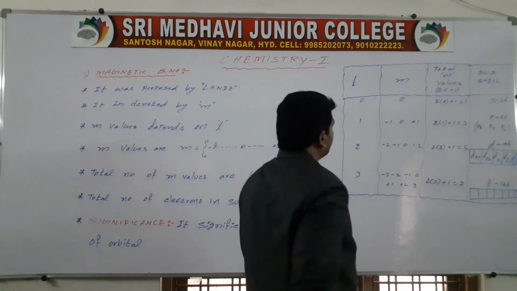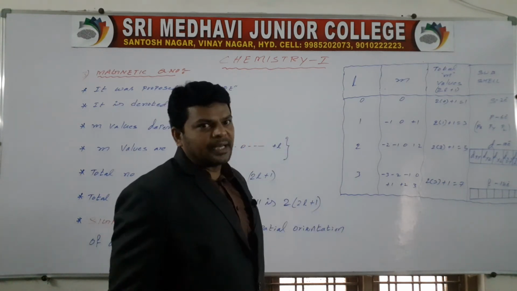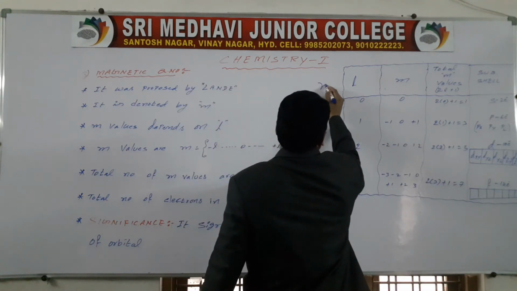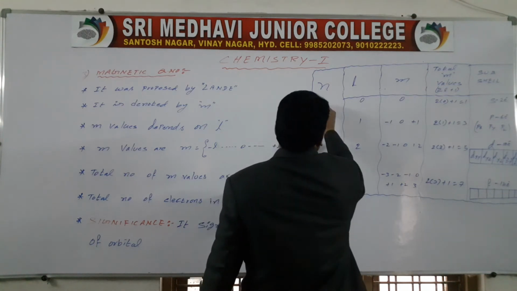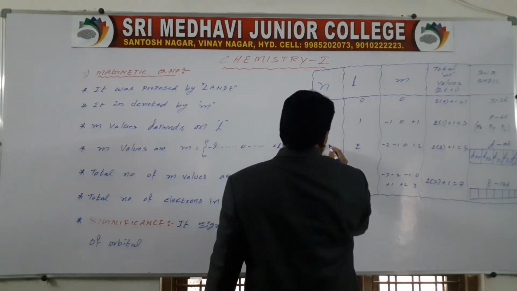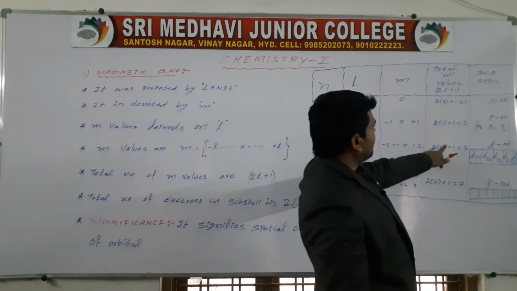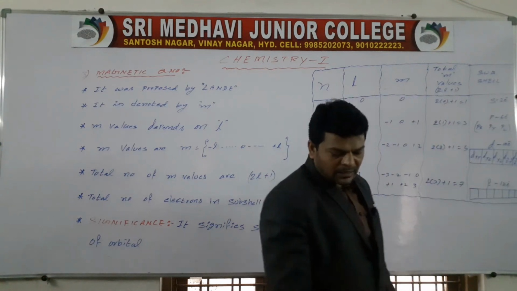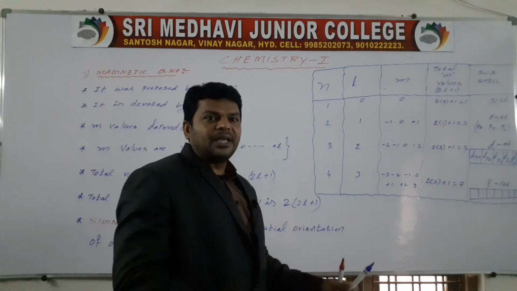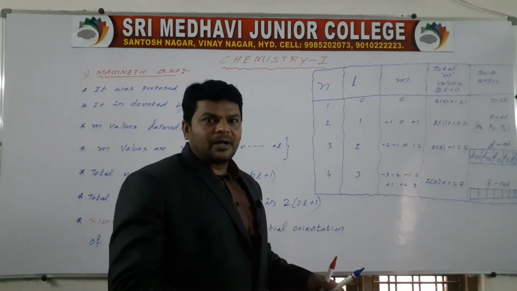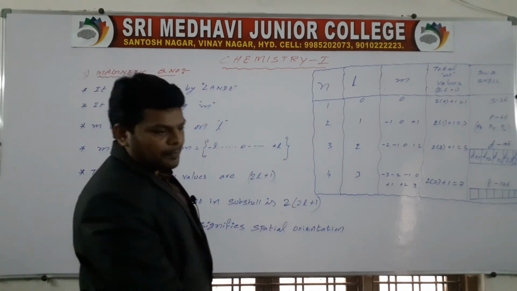If you take n value as 1, 2, 3, 4, 5, like that you may take n value also. The n value is the principal quantum number. So the first n value is 1, 2, 3, 4 and so on. It is n, l, m and the total number of m values, so it is a sub-energy level. This is the way n, l, m are related with each other. N, L, M are dependent. This is the way we may discuss the magnetic quantum number.